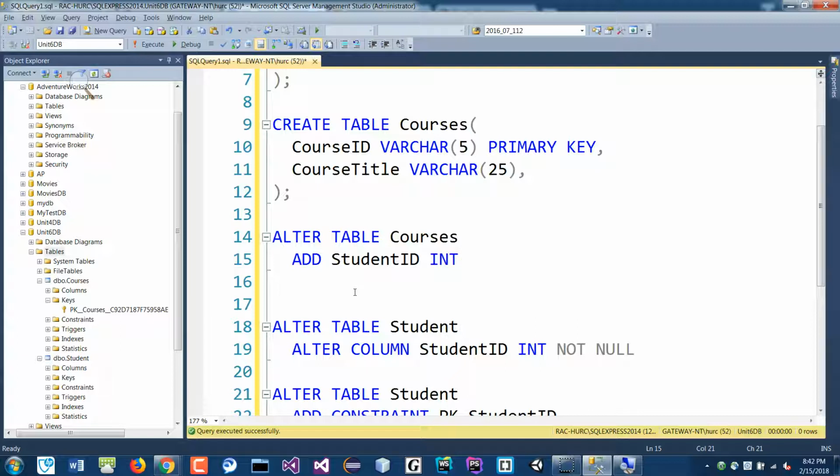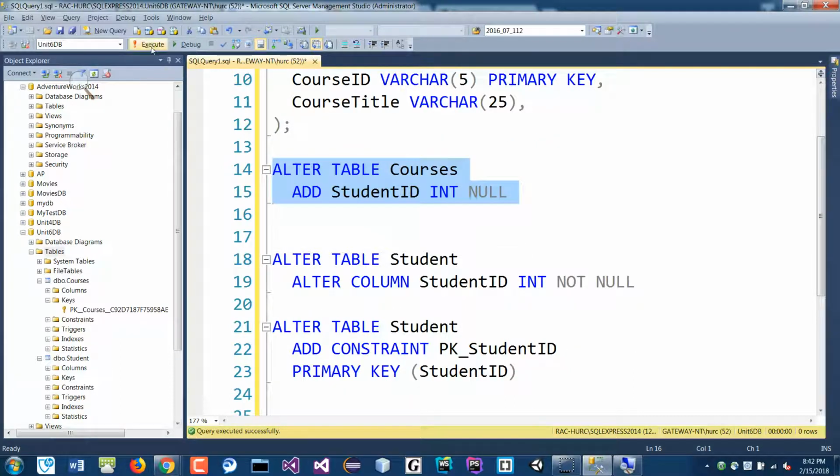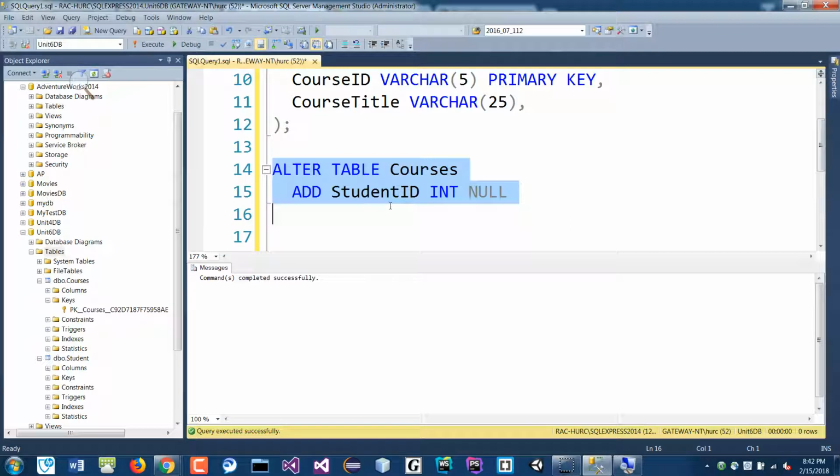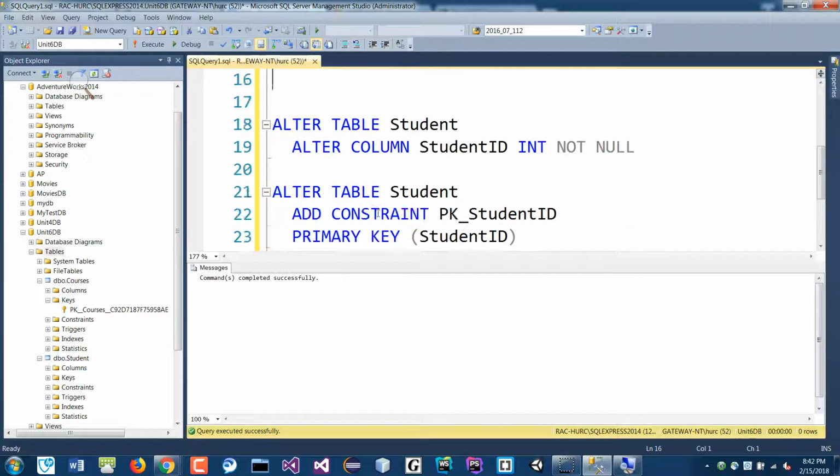And it's nullable, so you can leave it as default, it'll be nullable. If you want to also force that, you can say null, right? It can have no records, no data. So you just select that command and click execute. And then now the table courses should have,